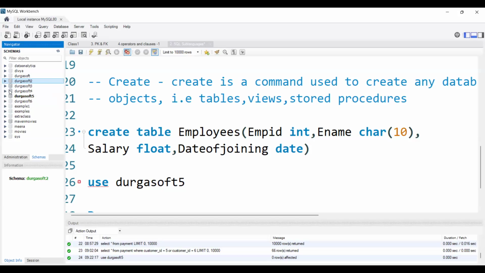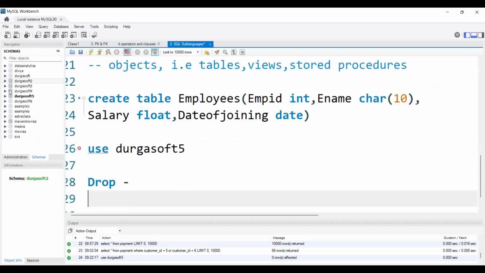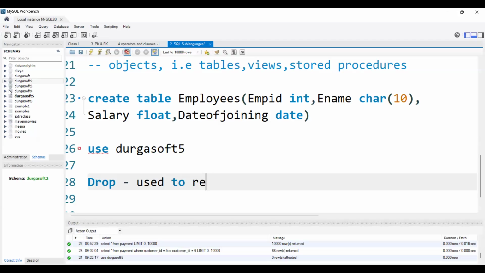Or else let's do one thing in this particular DurgaSoft database only to show you the drop command. Drop command is used to remove the complete table from the database.